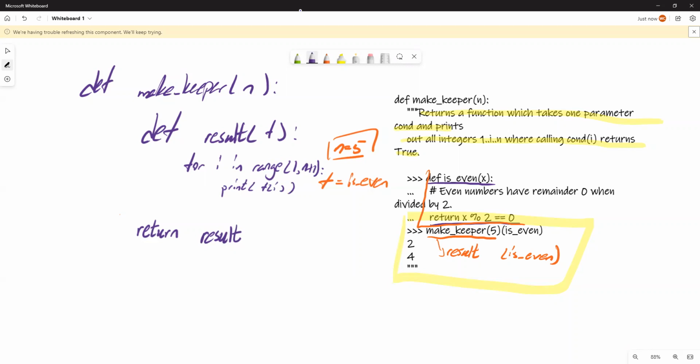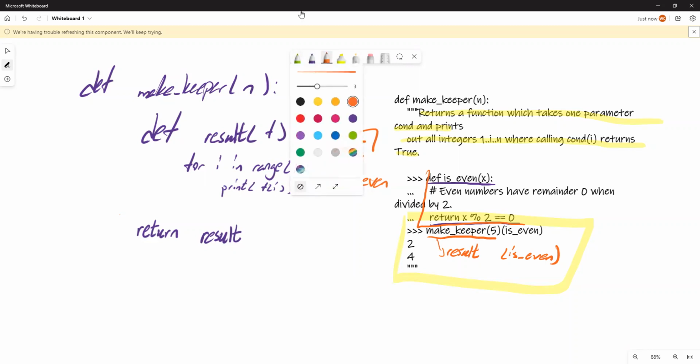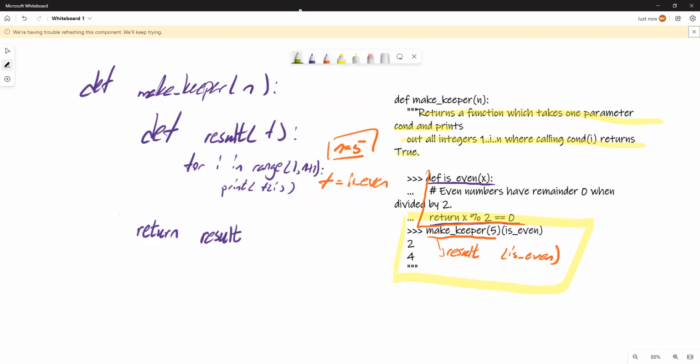Right, from 1 to n plus 1. I hope you guys know what the range function is here. So from 1 to n plus 1, that means it